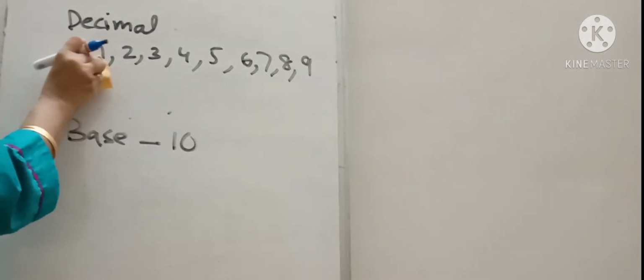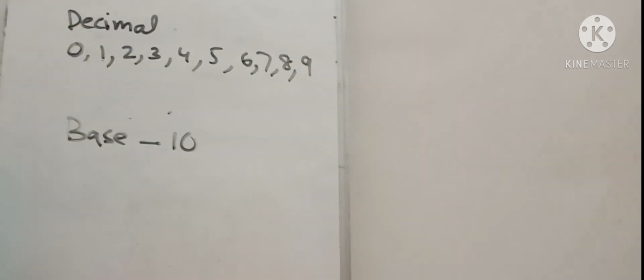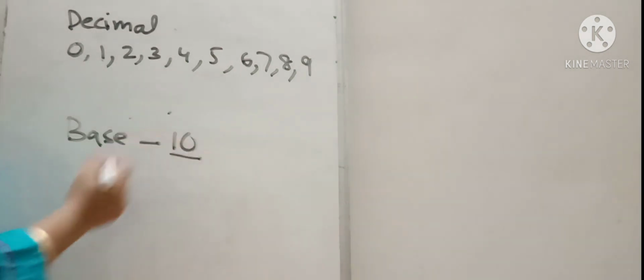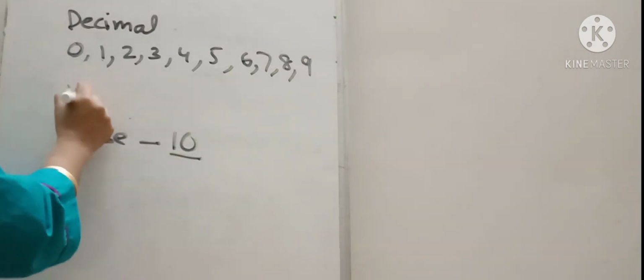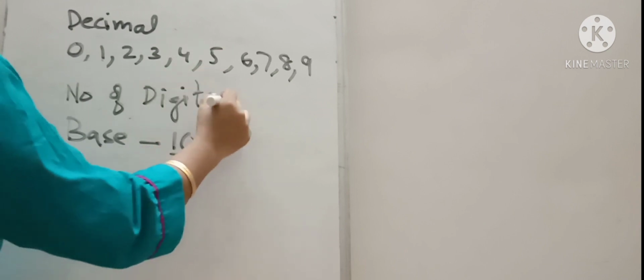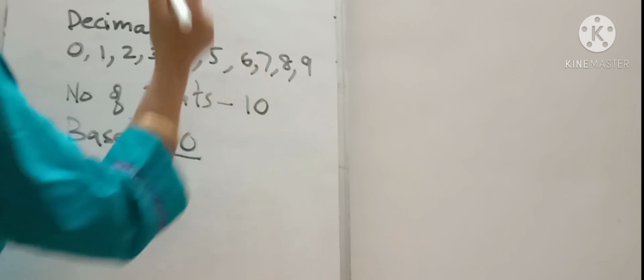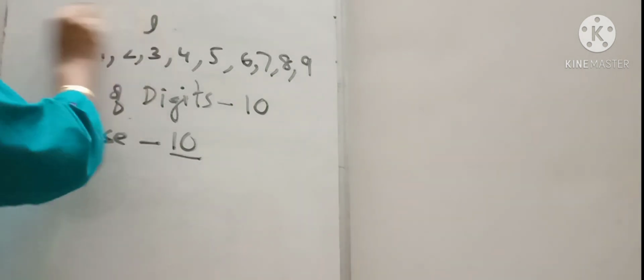Decimal number system is a number system that we use in our daily life. Here we use total 10 digits, that is number of digits used is 10. It is also known as Dashamsha Sankhya Sambradayam, and the decimal means 10. So decimal number system is the number system that we used in our daily life. Okay. So digits are 0 to 9, number of digits 10, base 10.